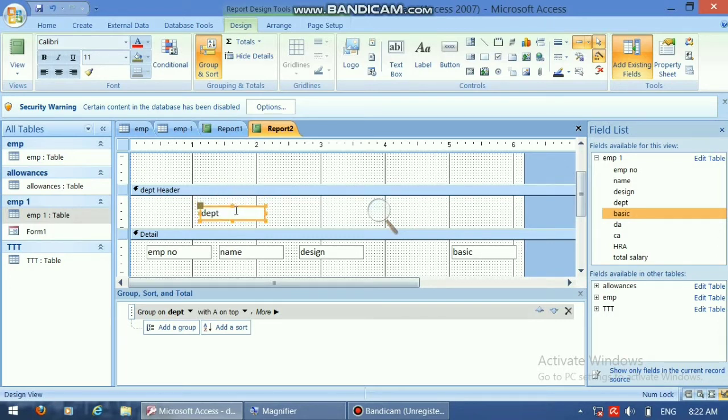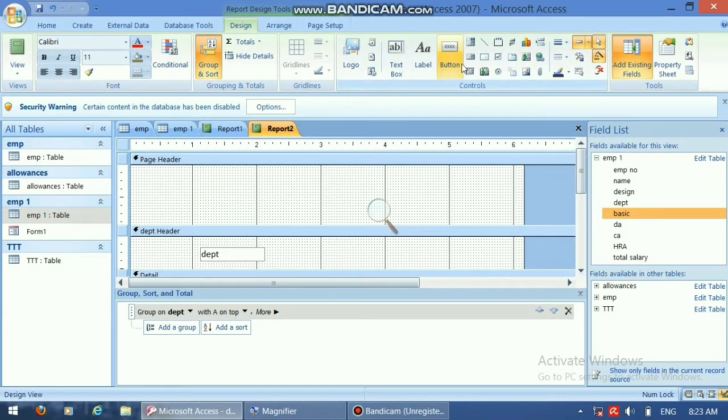Now these are field names, and the data will come through these field names. Now we will give headings to these fields. How? Through labels. In the Design tab, click on Label, and first of all, the main heading, like company name ABC Private Limited.